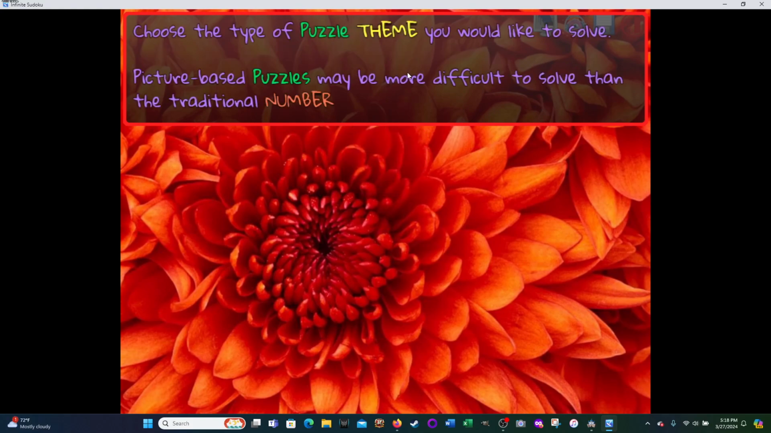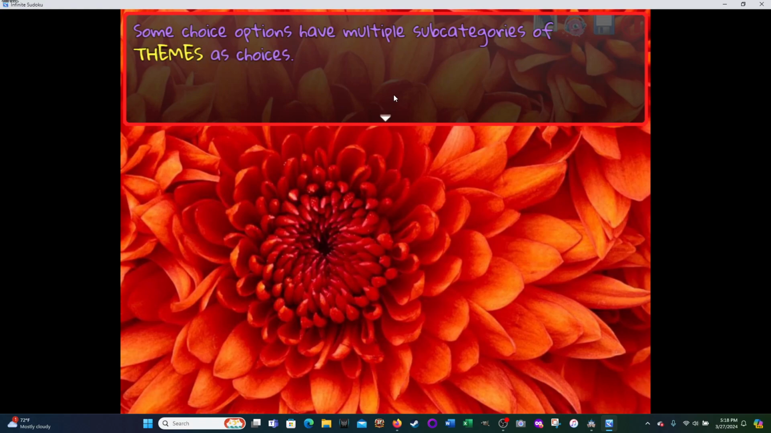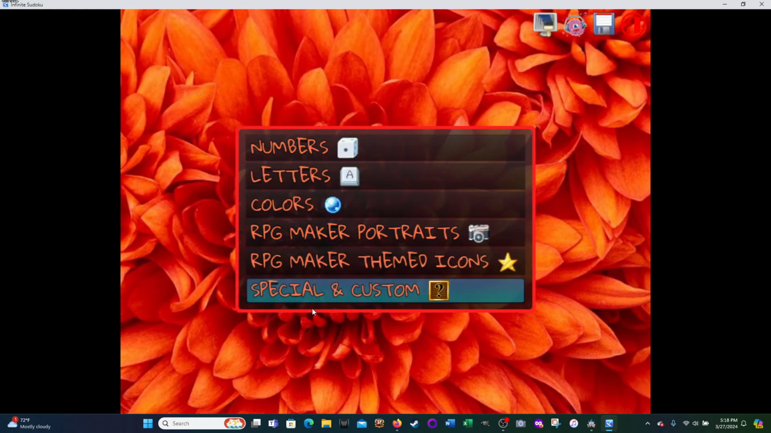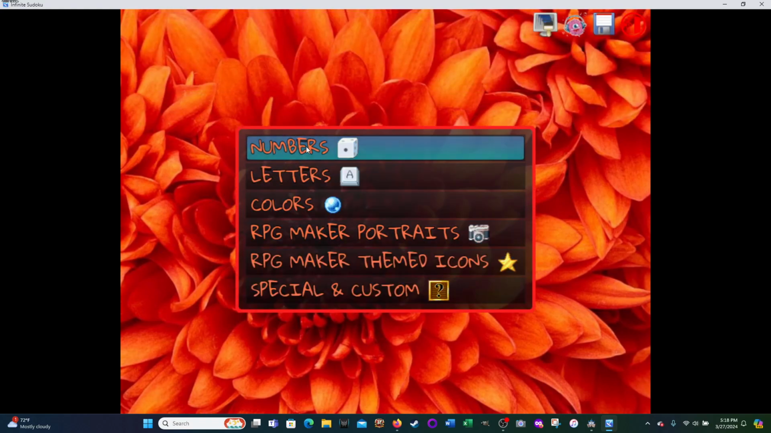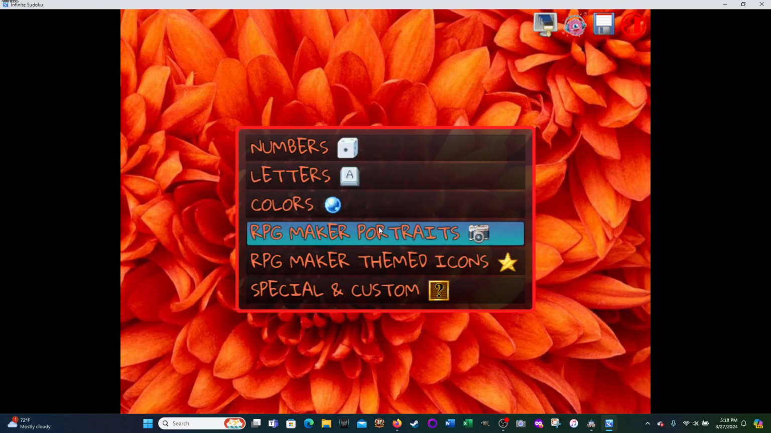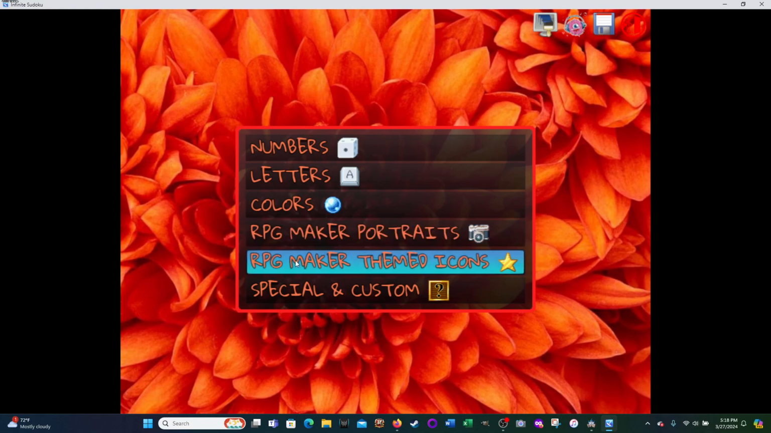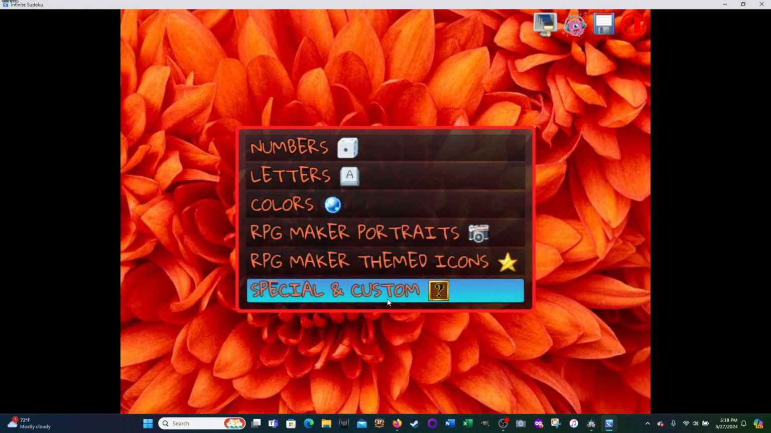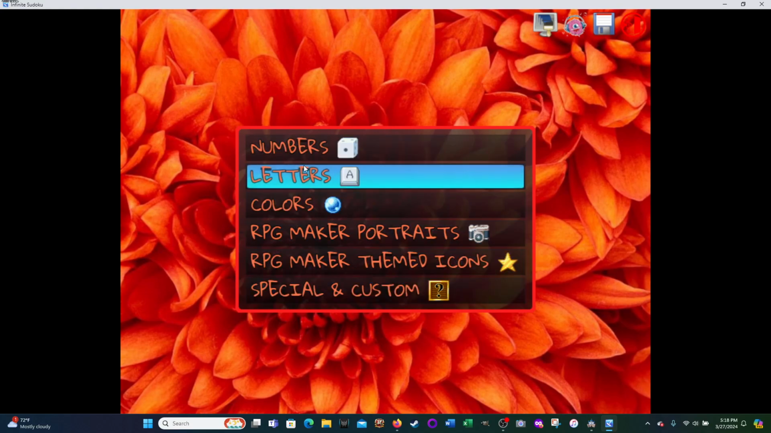Have to pick a theme for the puzzle. And so here are all the themes so far. So there's numbers, letters, colors. Then there's RPG Maker portraits. There's 3 different groupings. Then there's some themed icons, and then there's special and custom. And what this allows me to do is